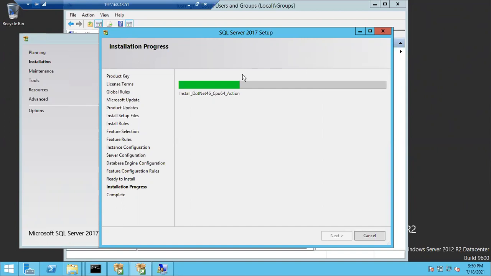You can leave in case you want to see the final success screen. You can wait, or else if you want to leave, you can leave.